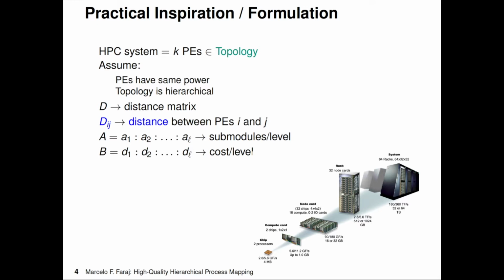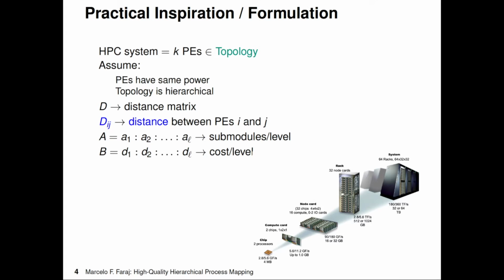And let's define two vectors, A and B, in which the vector A represents the submodule bilevel structure of this regular hierarchical system, and B represents the cost bilevel structure of it. Let's give an example. A1 would represent the number of processors per chip, A2 would represent the number of chips per compute card, and so on. In the case of the vector B, D1 would represent the communication cost between two processors inside the same chip. D2 would represent the communication cost of two processors in different chips but in the same compute card, and so